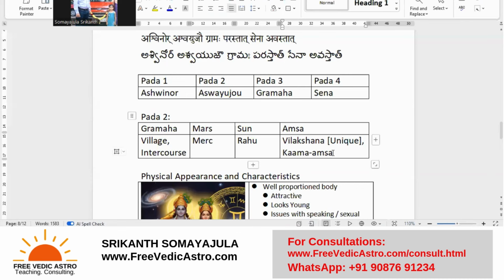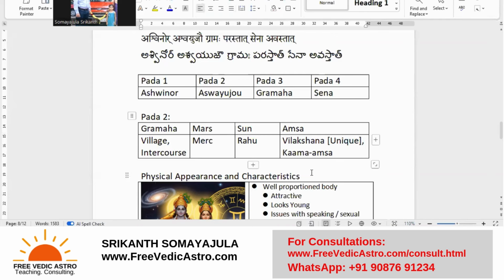Do not stereotype any of the amshas or any of the Sanskrit words, because Taskara is a common word all across India. Everybody knows the meaning of it. Taskara is a thief, right? Similarly, most people will know Vilakshana, the same word in Telugu. It's the same word in Malayalam. If you know the olden Hindi, which is not influenced by Urdu, then you will also know Vilakshana would mean unique, or something which has no lakshana. Vilakshana means not having any lakshana, or a very different characteristic. Both would mean the same.